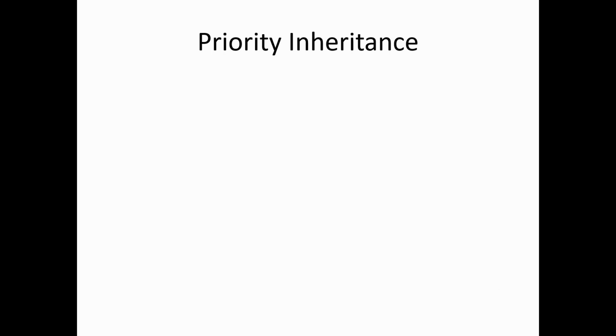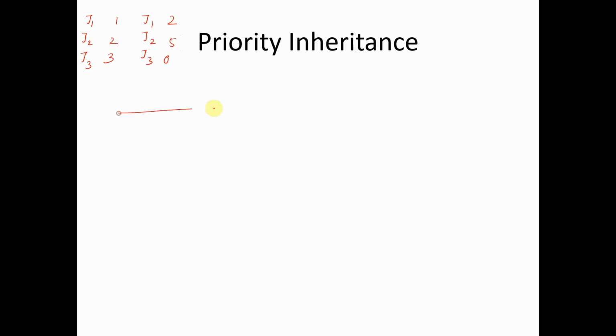In this case we'll assume priorities of J1, J2 and J3 are 1, 2 and 3, wherein the lower number represents the highest priority. So J1 has the highest priority. Then let's consider the release times of J1, J2 and J3. J3 is at 0, J2 at 5 and J1 at 2. Now we'll see what exactly happens in case of priority inheritance, and how the priority is inherited.